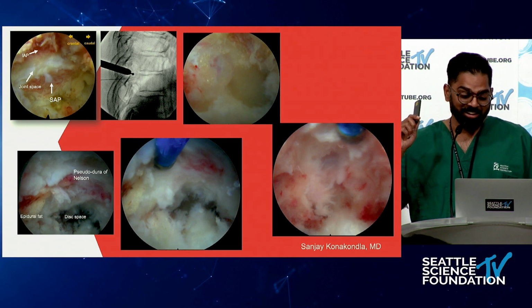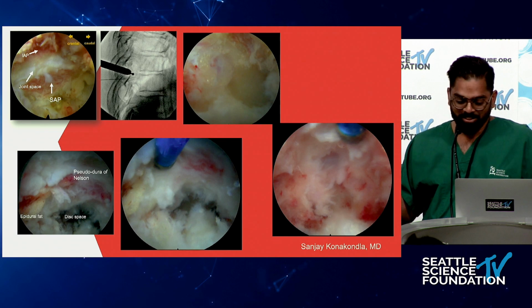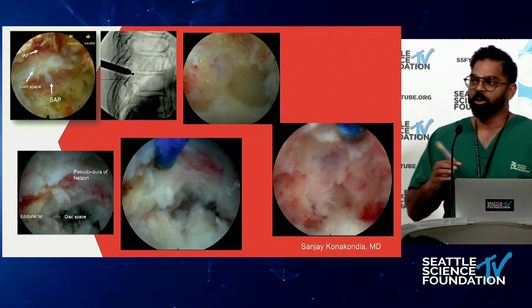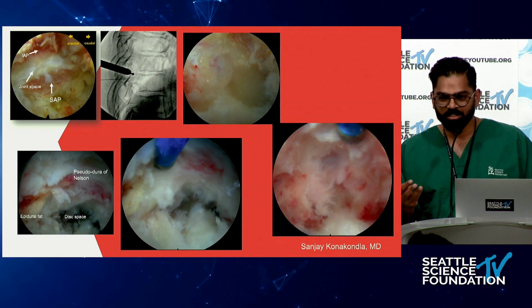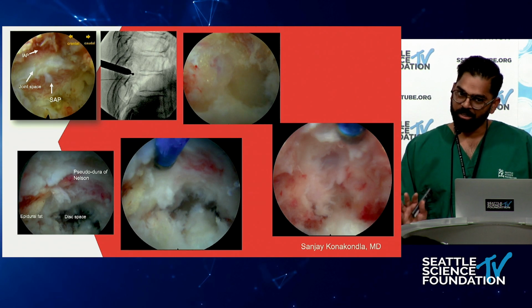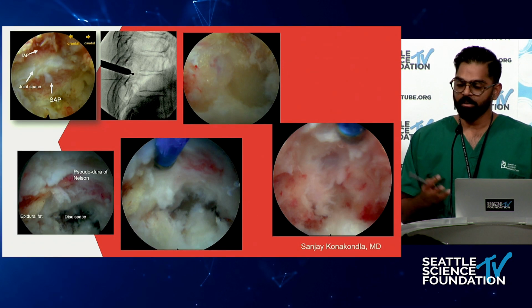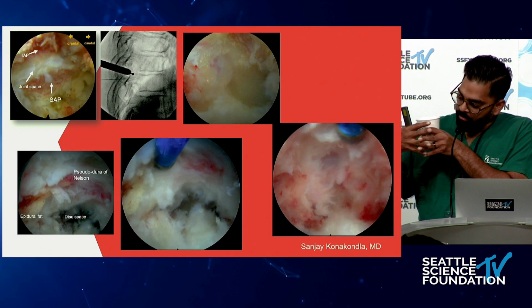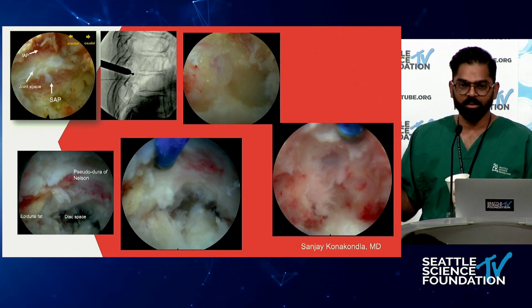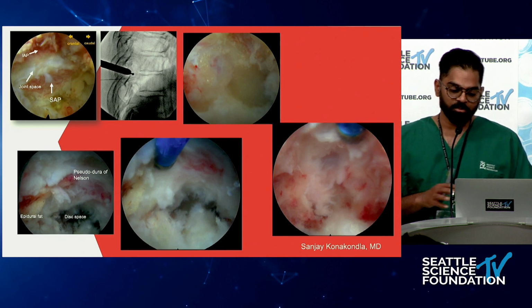So then you remove that, right? And it always used to slow me down because you think it's dura and you're really slow and you don't want to hurt anything because you don't get any redos, right? But then what I always say now is trust the fat, right? If you see layers here and then there's fat going through that layer, you can remove that layer. It's not going to be your intradural space, right? So you remove that, and then all of a sudden you see a nice